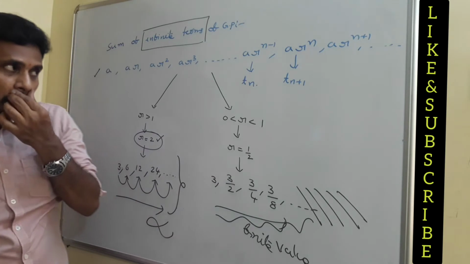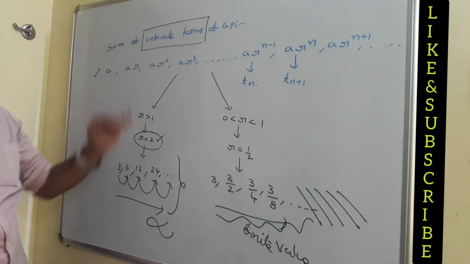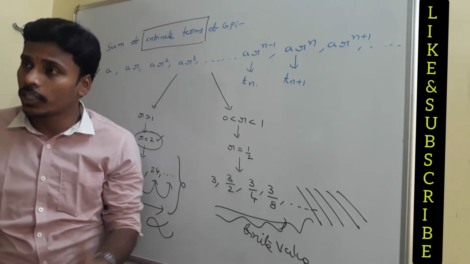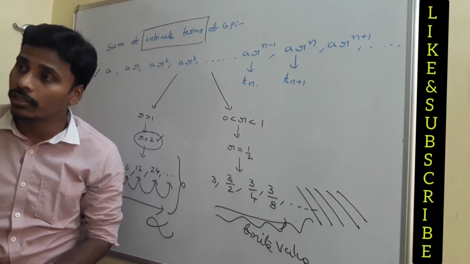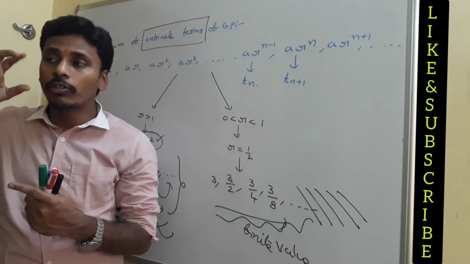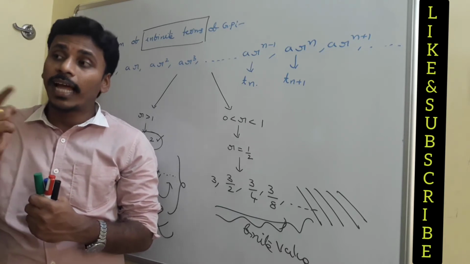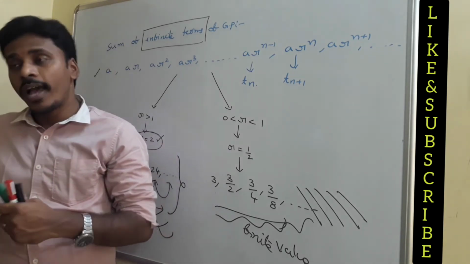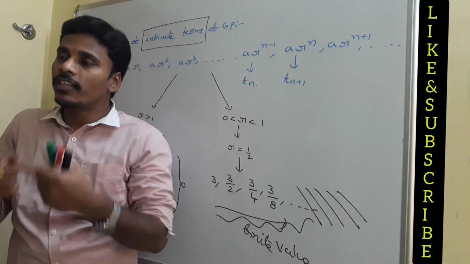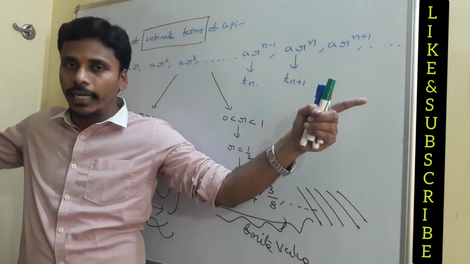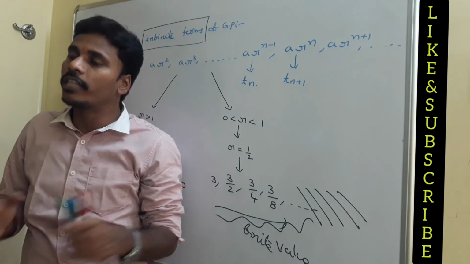Right? So, if you think about the infinite terms of geometric progression, not only for the geometric progression, if they ask you about the infinite terms of arithmetic progression, what do you say? For the arithmetic progression, you need to think about the common difference. There in the arithmetic progression, if the common difference is either positive or negative, in both cases, if you go on collecting the terms infinitely, the summation is always infinity.